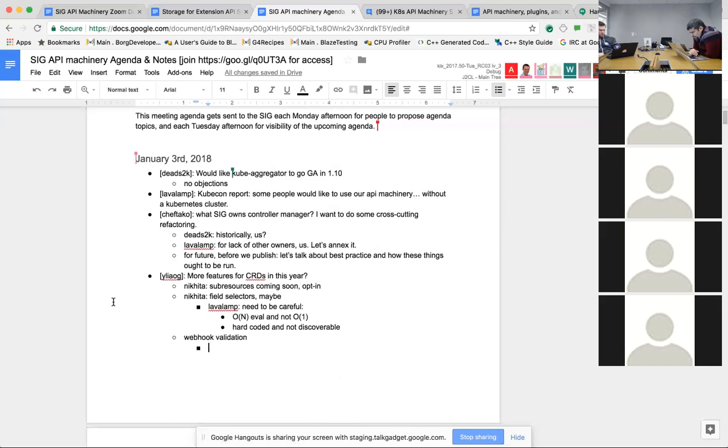Yeah. So I thought one of the only reasons why we're even considering doing webhook validation in the custom resource spec is because currently you can do the exact same thing with admission controller webhooks, but the reason we did it is because we wanted a way for people to do it that didn't have cluster admin privileges. Right, that's the point.